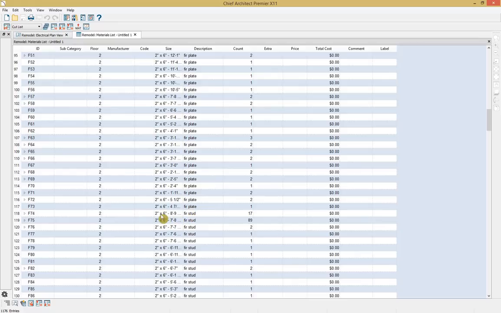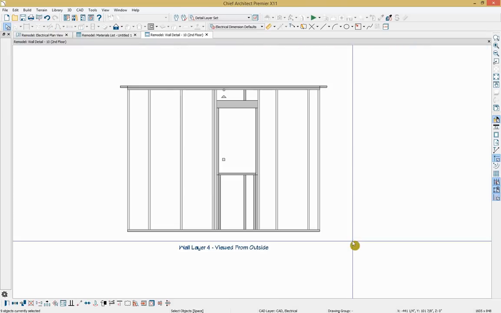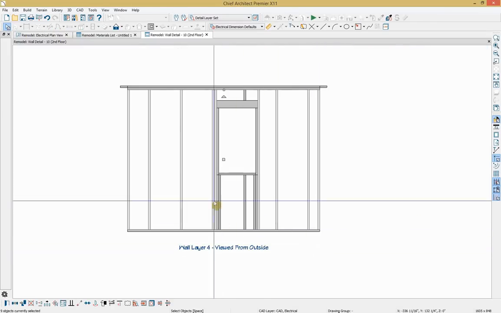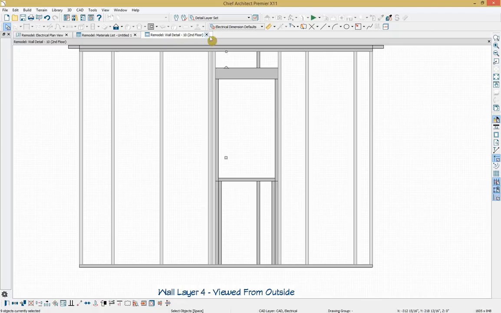And if we select one of them, and then select this option for Find Object in Plan, we can see that we have 3 studs of this length within our floor plan. And if we select one and then click Find, it'll bring us over into our wall detail where we can see those objects selected. Similarly, if we didn't want to see this wall framing detail but maybe a different one,